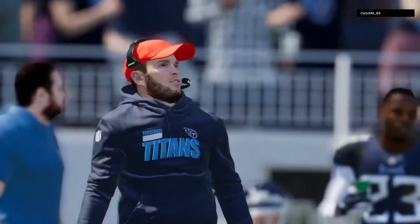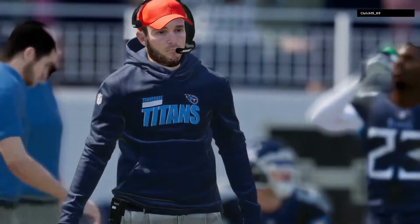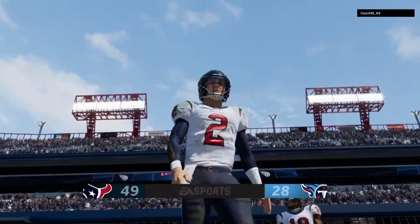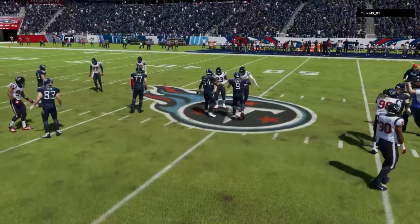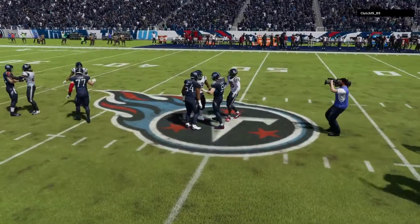A big offensive explosion helped lead them to victory. And the defensive guys, they're just saying, hey, put those points up every week. We'll just keep winning. They will gratefully accept them, won't they? It makes their job that